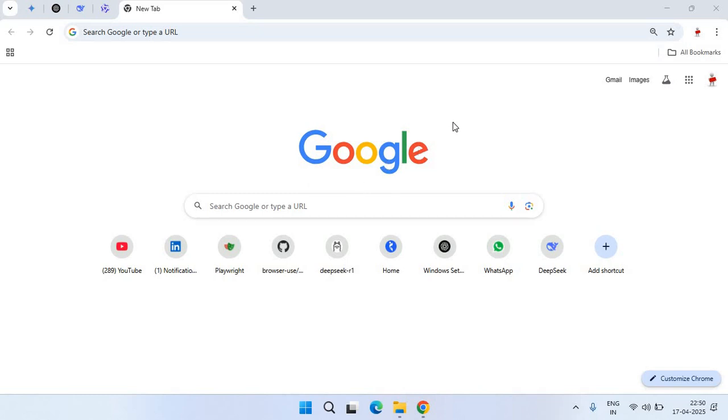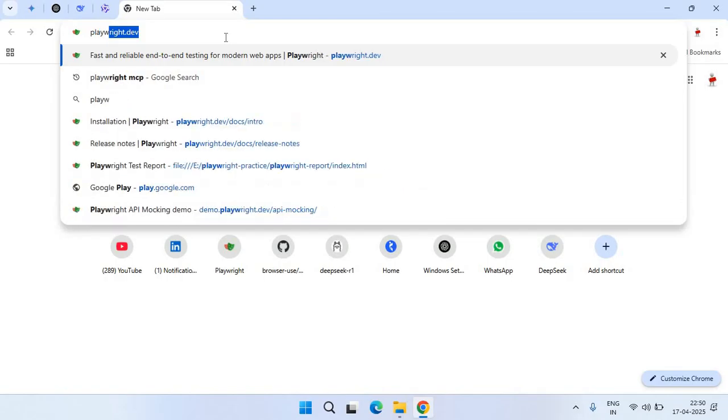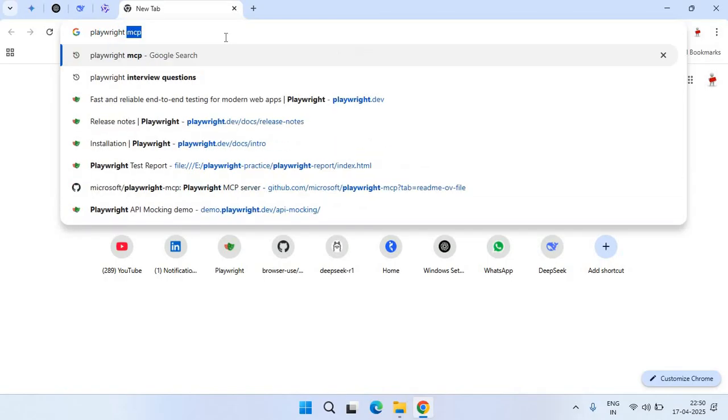Hi everyone. Today we will see how we can set up Playwright MCP using VS Code. Let's understand what Playwright MCP means, and let's see how exactly it will work today. And for that to set up, just have to type Playwright MCP in Google,